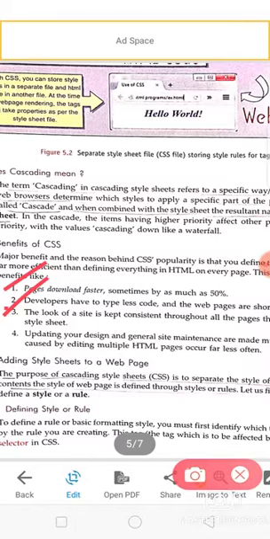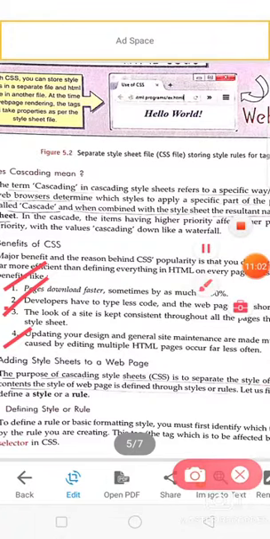Then updating our design and general style maintenance are easy, because all the code is in only some places. So to update the design or for maintenance, this code is easy.